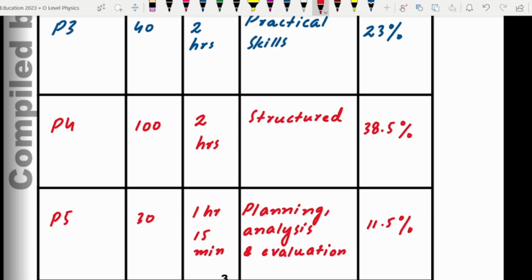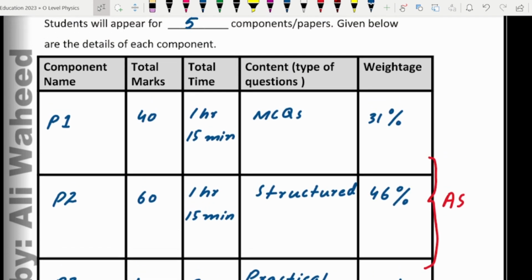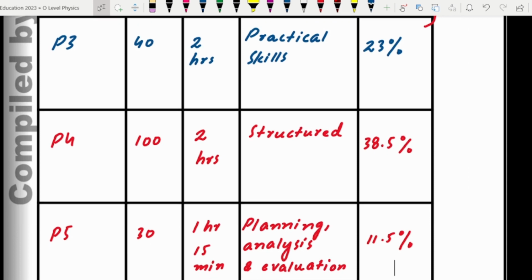All right, so the weightage criteria are presented in different ways, because sometimes they refer to the weightage for the AS only, and sometimes they refer to the weightage of the entire A level. You need to be able to differentiate between these two. And if we compare the weightage of AS and A2, you should keep in mind that